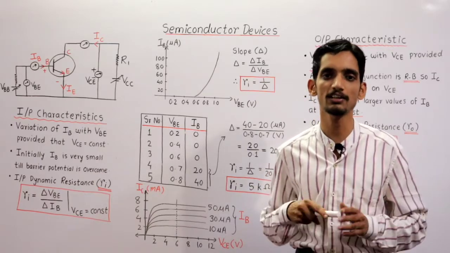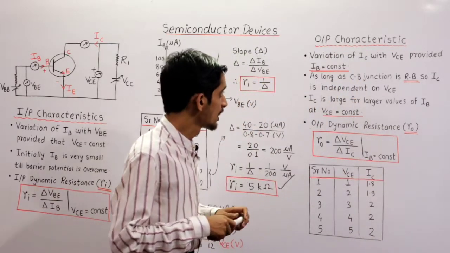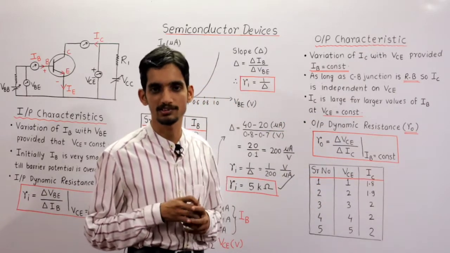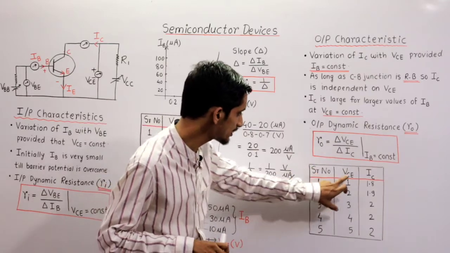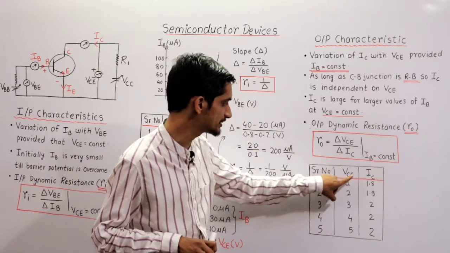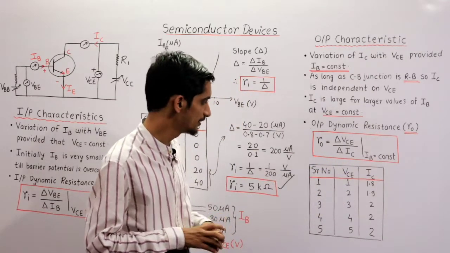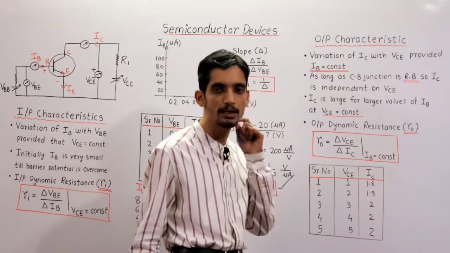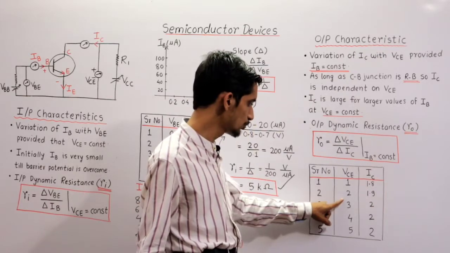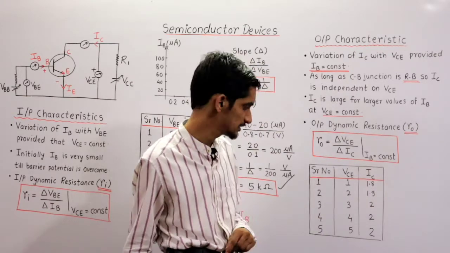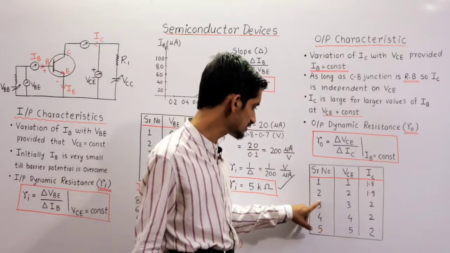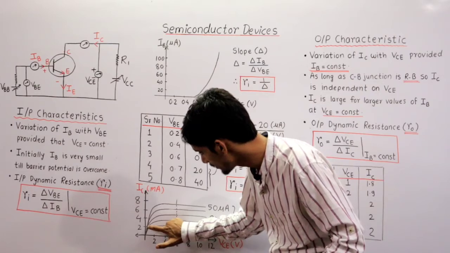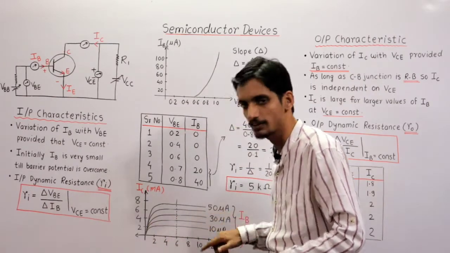Okay. Now listen here, important point. We have to do some calculations based on these output characteristics. Suppose this is a table which consists of VCE and IC. If VCE is 1 volt, that time IC is 1.8 milliamps. If VCE is 2 volt, that time IC is 1.9 milliamps. And afterwards, for 3, 4, 5, it is constant. So initially it is changing, afterwards constant.